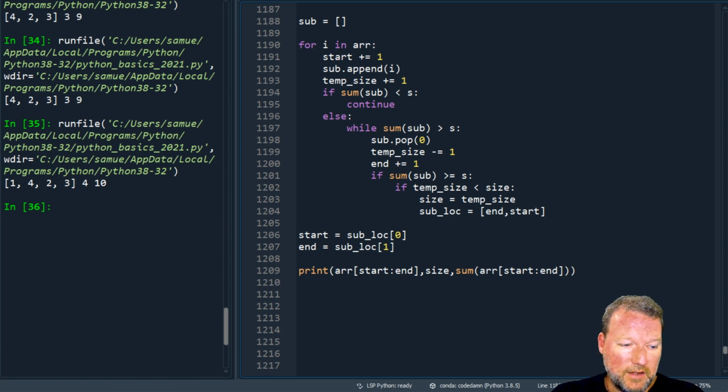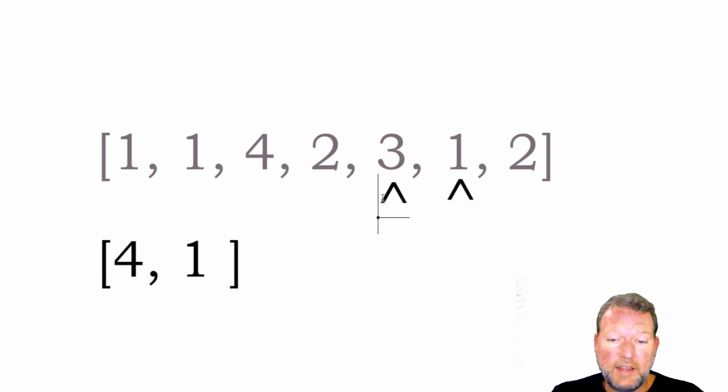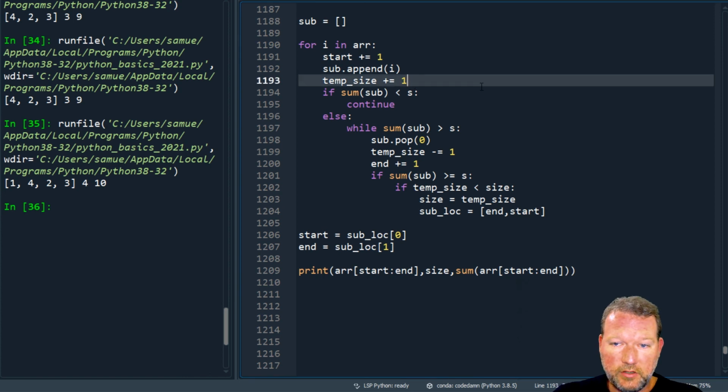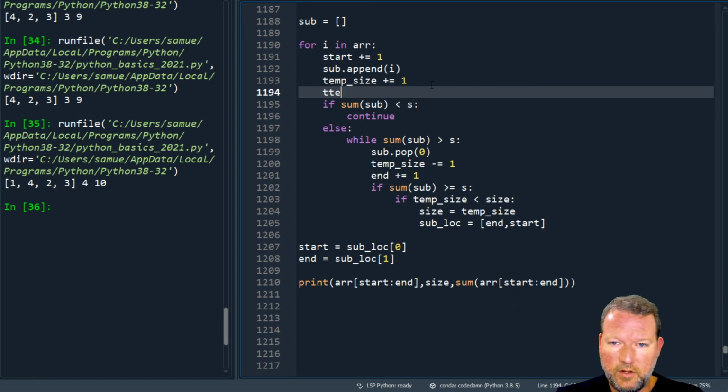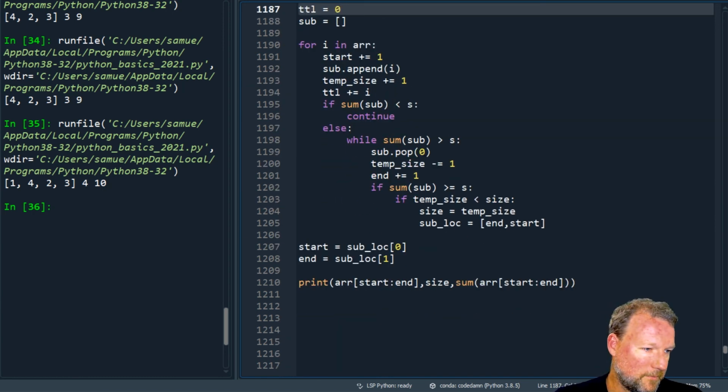What I've found is the most cost effective. So you're only going through this once. And like I said before, you could actually add a total, where you could do this without any extra. Do I have it right here after temp size? You could do a total, increment up 1 i, and let's do total equals 0, and then down here,